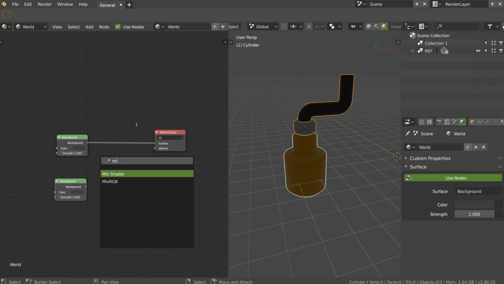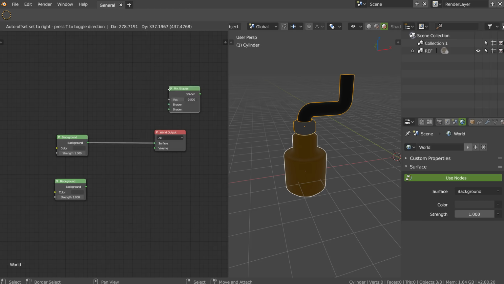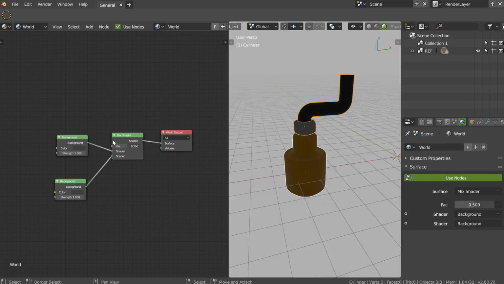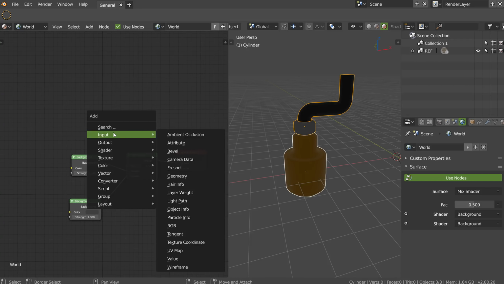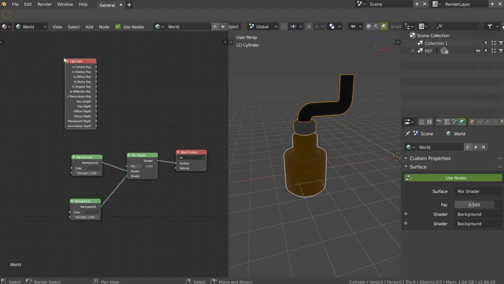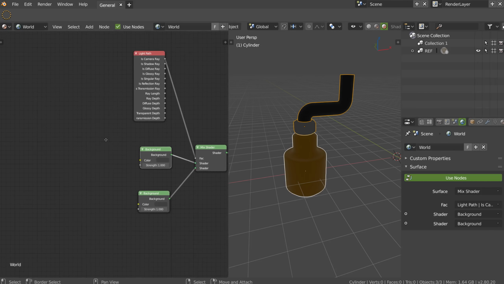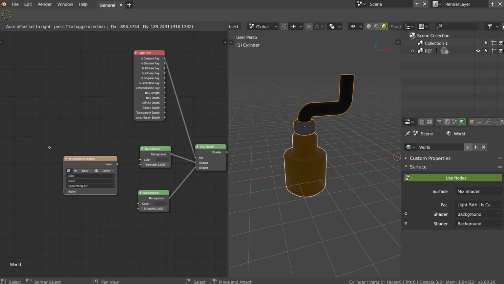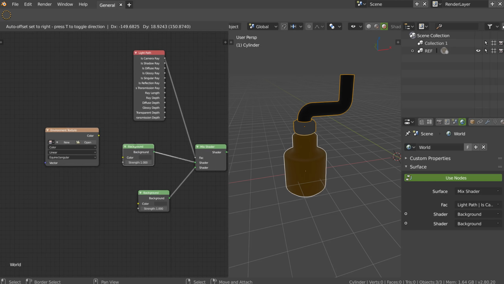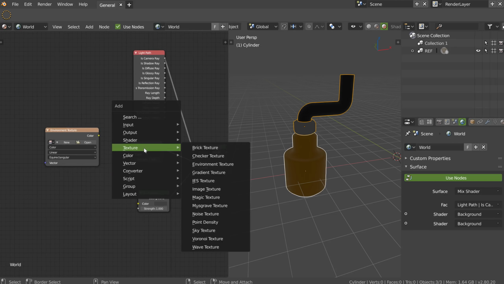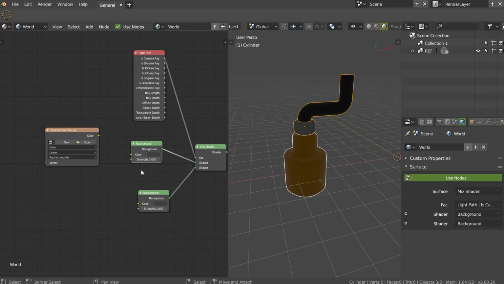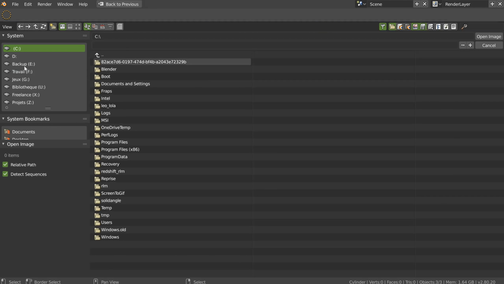So I will make a mix shader. I will move it here. I will move this here. I will press Shift A, input and light path, and is camera ray. So, okay. On this one, I will add a texture, environment texture. Maybe it could be nice also to select, and when we press, for example, this, that it will be automatically connected. That could be really nice. So, I will do this. I will go and search some...